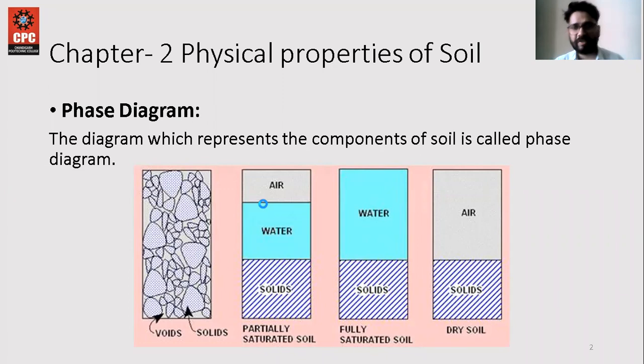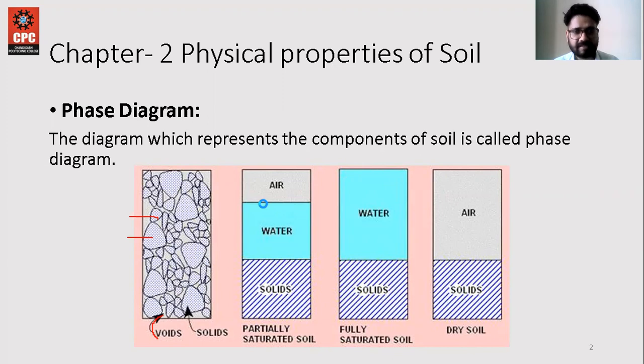In this slide, we can see that there are 4 blocks showing different images. The first block shows a natural state of a soil sample. In the soil sample, we can see coarser and finer solid particles of soil, and there are also voids present between those particles, and in these voids there can be air or water.